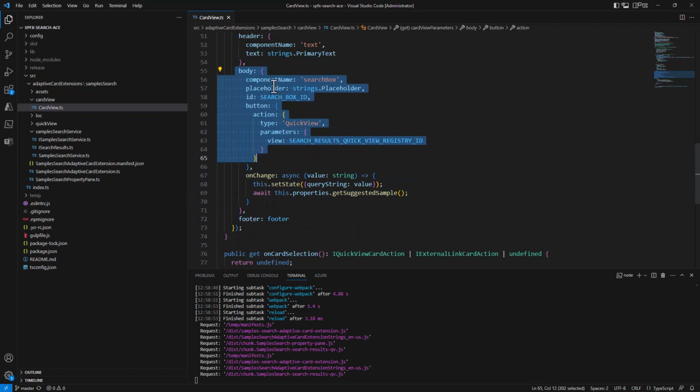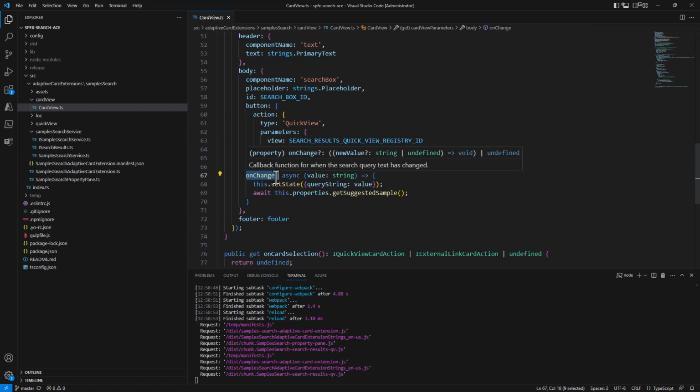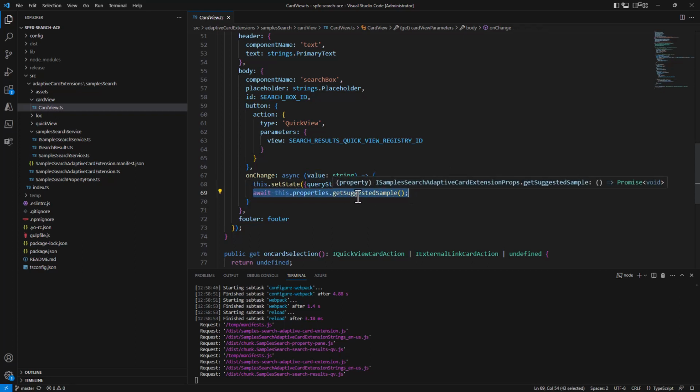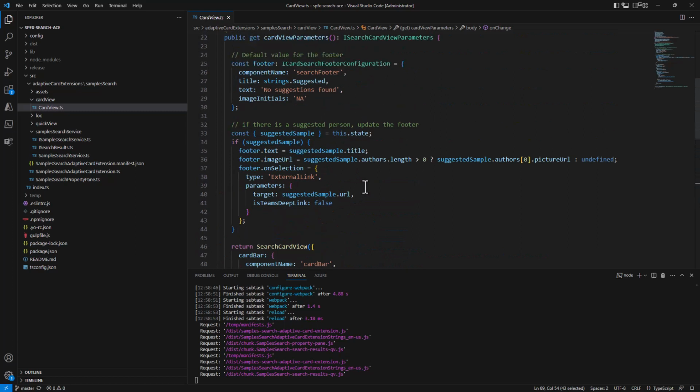What is interesting to notice is that in the body we have the search box component, and in that one we define a button which will do the actual search. By clicking the button we will activate the search result quick view, and by typing text in the search box we will have the onChange event triggered so that we can accordingly update the state of the ACE with the query string provided by the user, and we can trigger a new search to get the suggested sample. The suggested sample will be stored in the state of our adaptive card extension into the suggested sample property of the state. And when I have it, I configure the footer